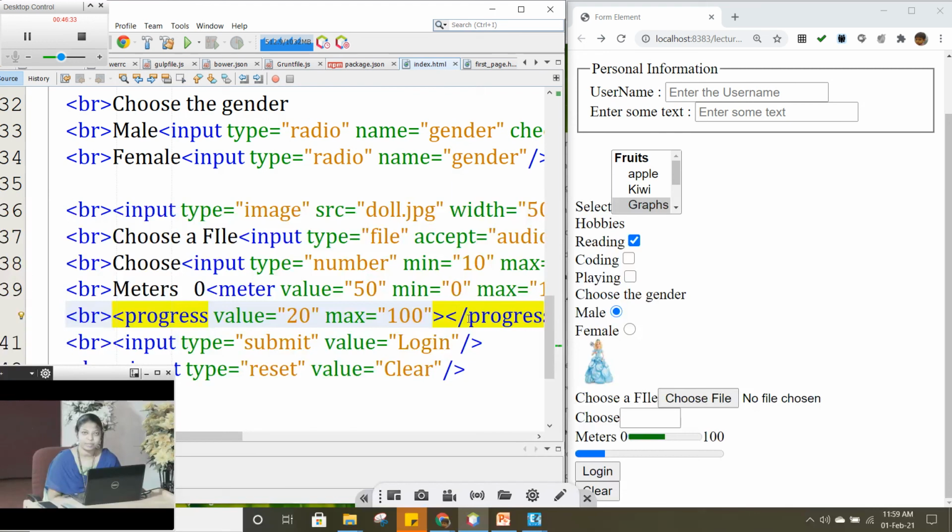Say for example, whenever we are creating an email account, it is going to get some input from the user. In that case, we can use the form elements and get the input from the user. And whenever we fill in an application form for joining anywhere, they will be asking us to fill in the application. So we can use these form elements to get different types of input from the user.